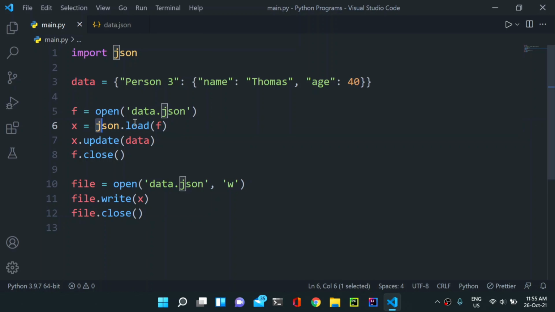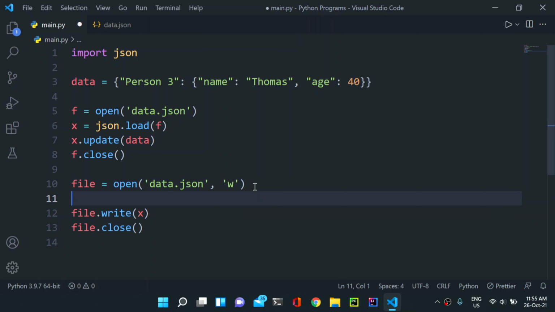We have json.load f. We are loading this JSON file and then updating it with data. Then we have f.close, so we are closing it. Then we have opened our data JSON again with write mode, and then we have written this x here.